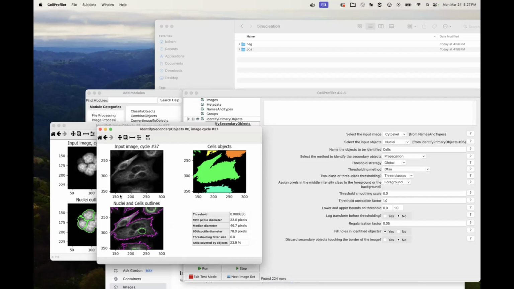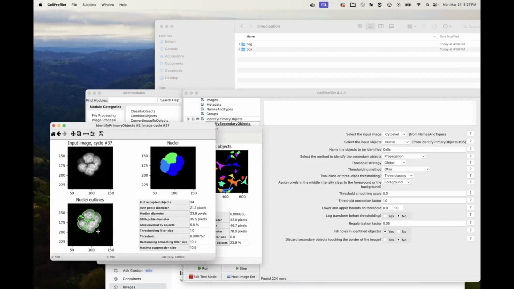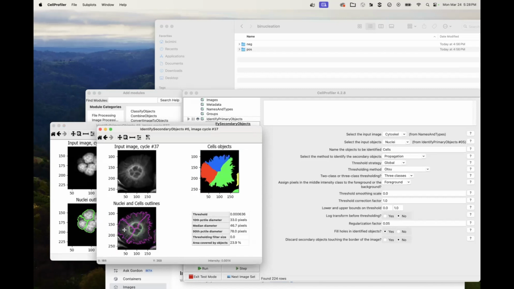So I said that was one option. The second option is, instead of trying to force CellProfiler further in the direction of sticking stuff together, we can try to force CellProfiler more in the direction of splitting stuff apart. It's going to get our nuclei correct, but it's going to mean that if we keep using this IdentifyPrimary and IdentifySecondary, we end up with cell chunks.